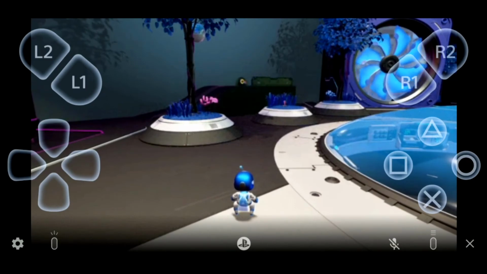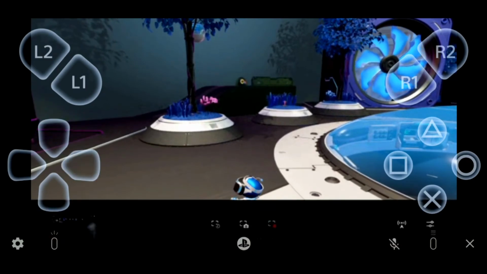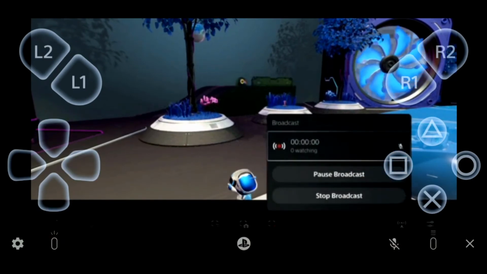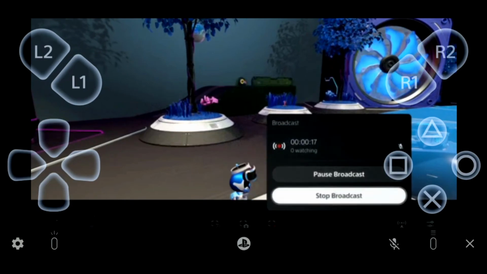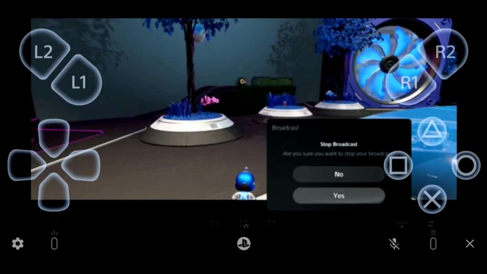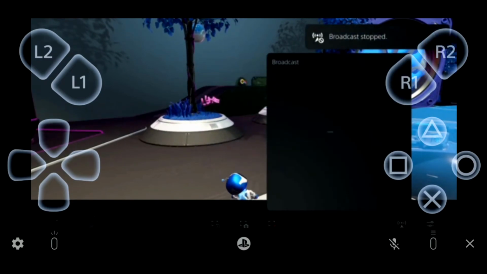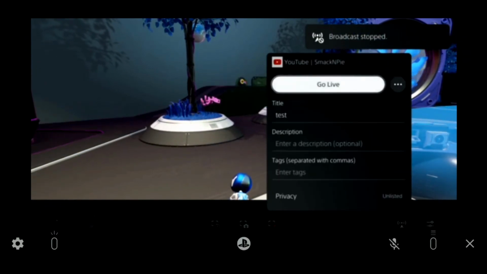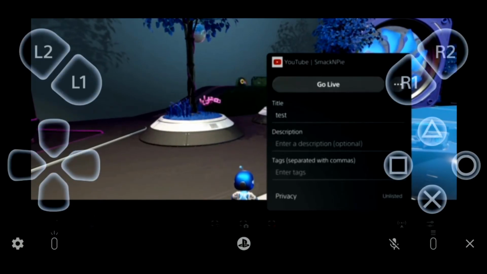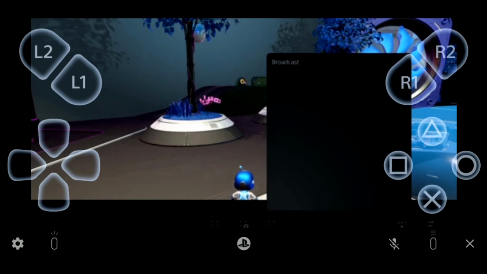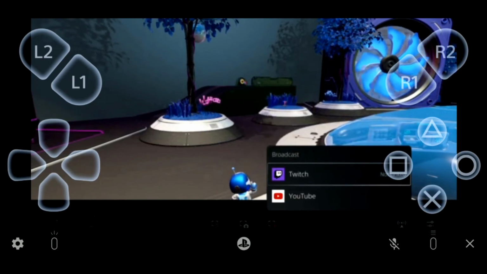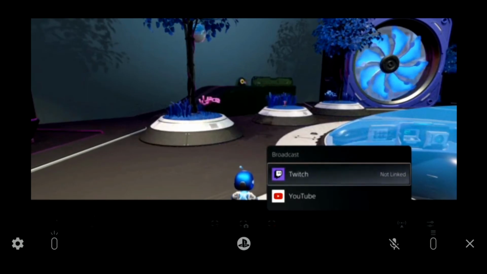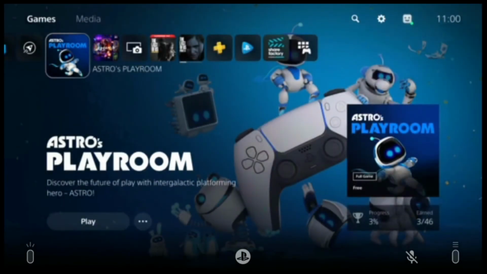And then you hit the same share button on your controller. You go to the broadcast again, and here you can pause the broadcast or you can stop. The pause is interesting. You can obviously stop the broadcast, and there you go. You hit yes, boom, live streaming is done. You can use that on your YouTube dashboard as a video itself. So pretty interesting, pretty simple, clean stuff, and the fact that it utilizes a lot of power, you would be good to go. This makes life so much easier for so many streamers out there. Go ahead, do your thing,